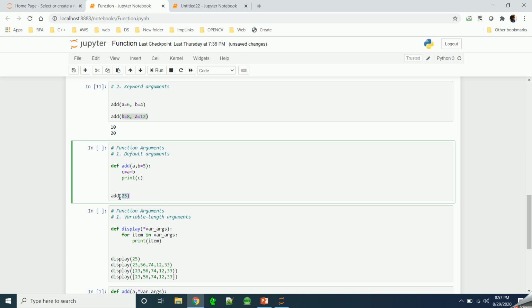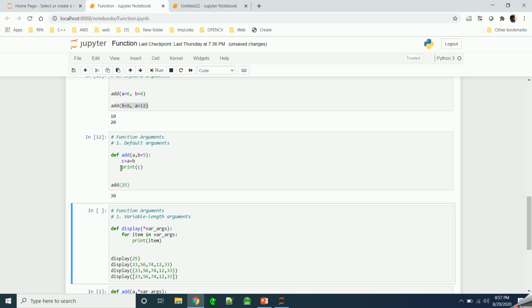If I call this function by passing only one argument and run it, we get 30, even though we passed just one argument. This is because by default the value of b is considered to be 5. So there is no need to pass argument b; just by passing one value we are able to execute this function.